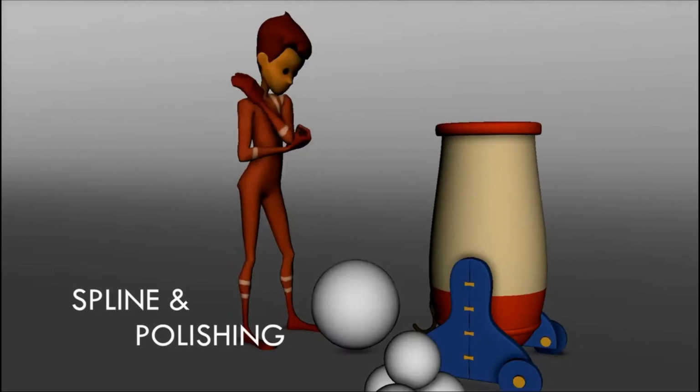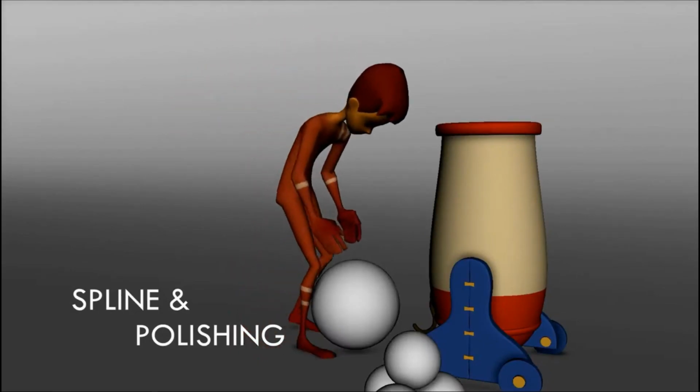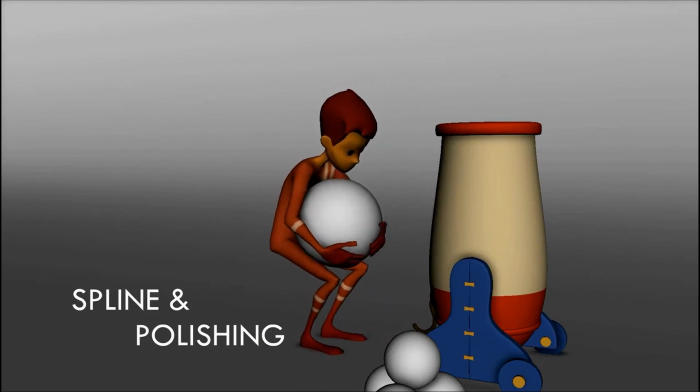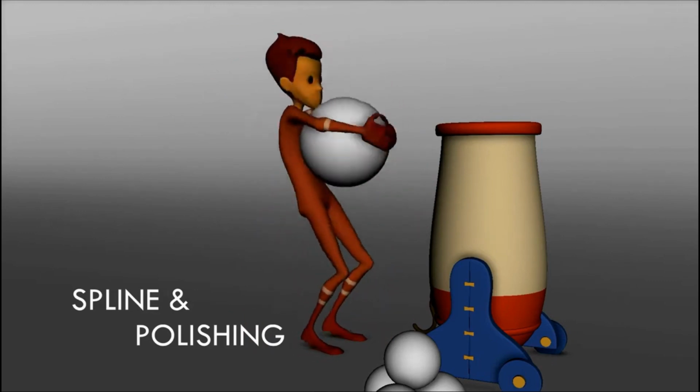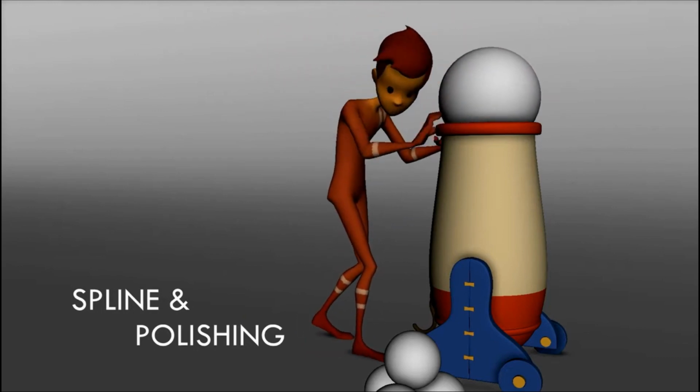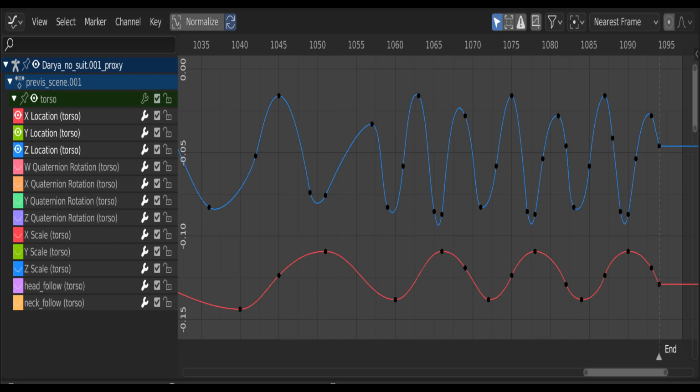Spline. It's the process in which you convert the interpolation of the keys from stepped to spline, and that makes the movement look smoother. With the spline blocking mode, you are able to get a feel for how the animation is going to play out very early on in the spline stage. For example, say you have a pose held for 24 frames in stepped mode in blocking. It works okay, but if you are in spline mode, by the time you get to frame 12, the curves are already halfway to the